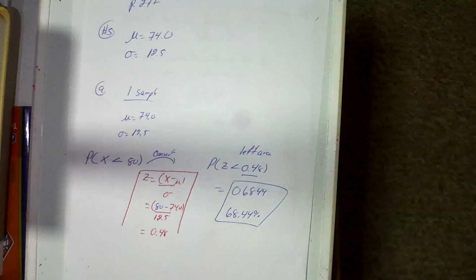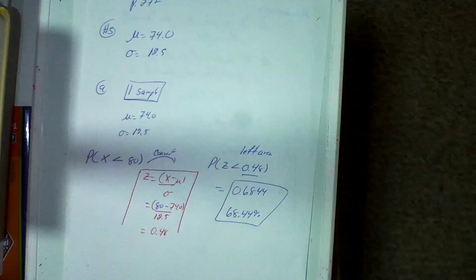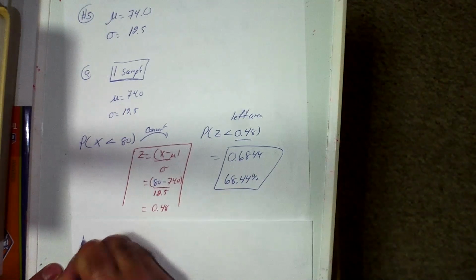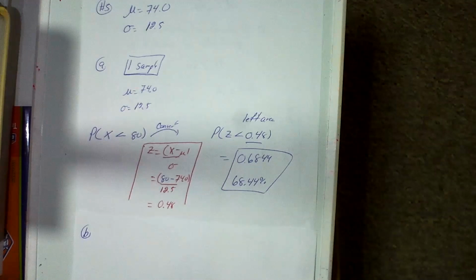There is part A. Same thing like we did in 6.2. Same thing, right? Why? Because this is one sample. We're only conducting one sample. That's what 6.2 was talking about. Okay. Now, if we do part B, let's check out part B. What is number B? All right, number B says,